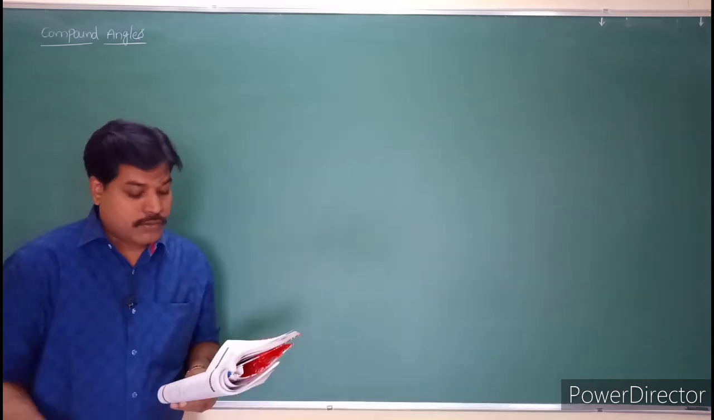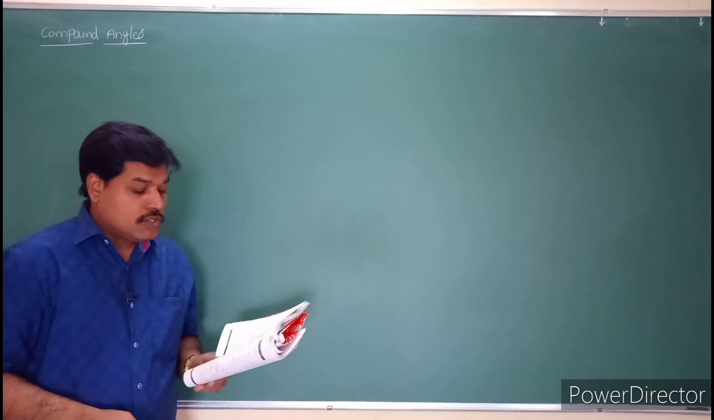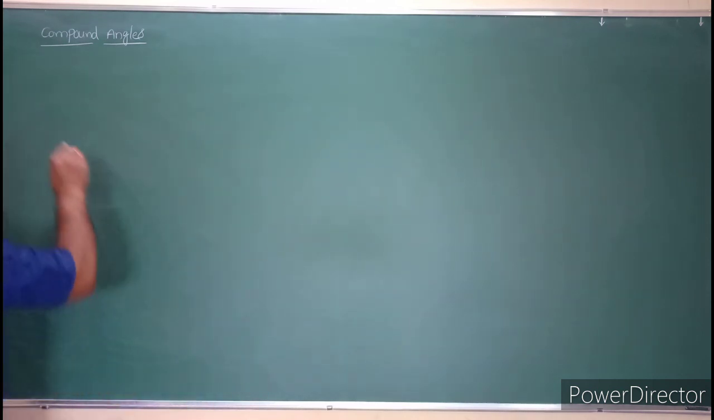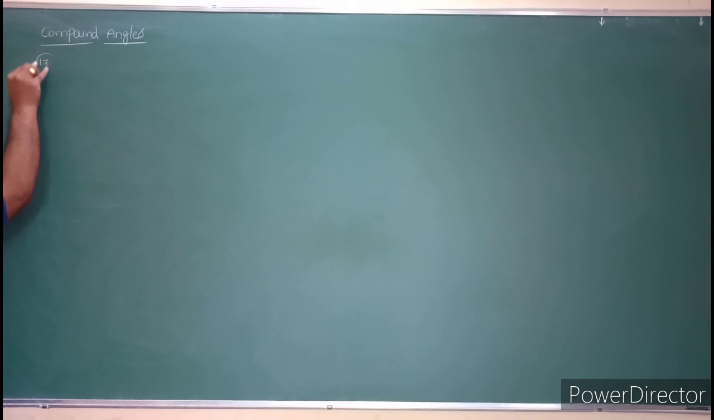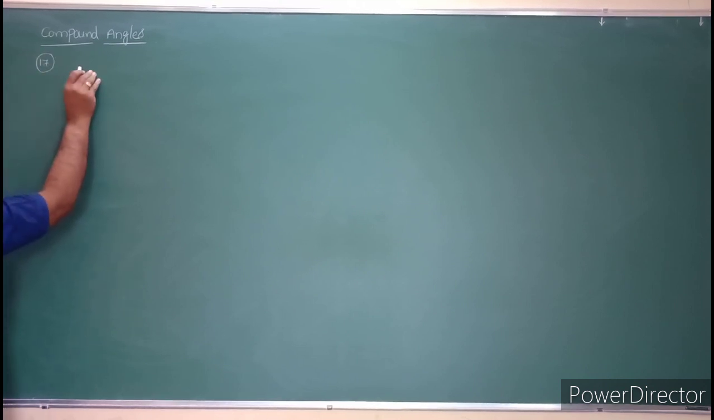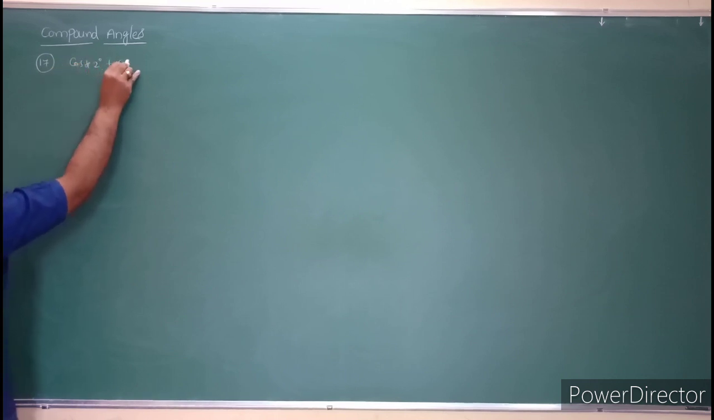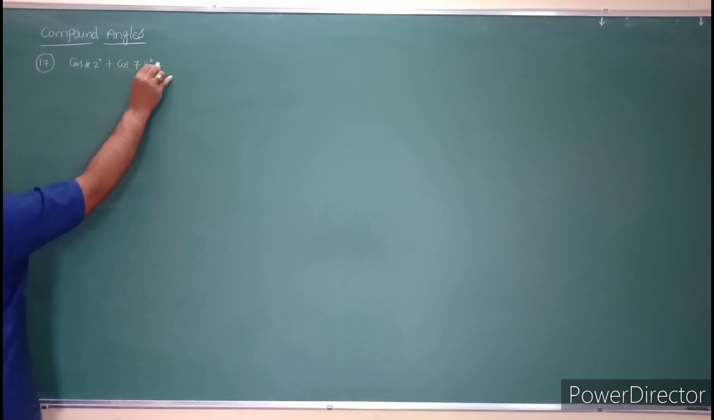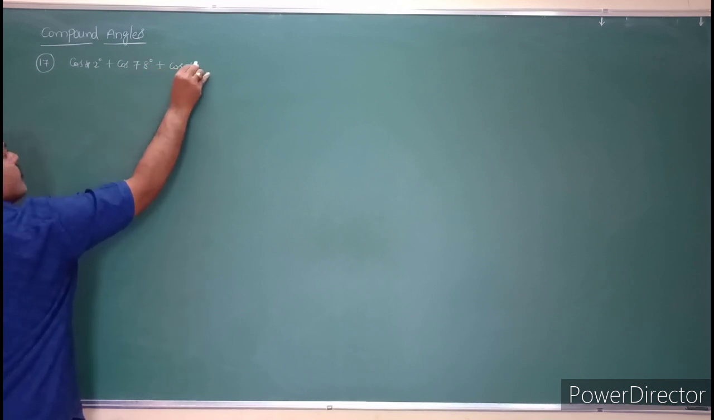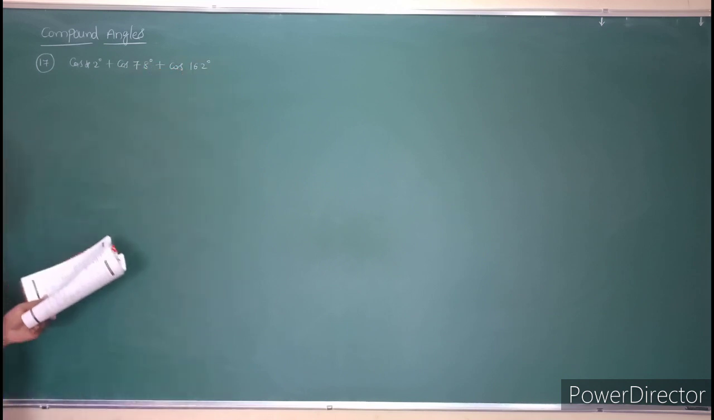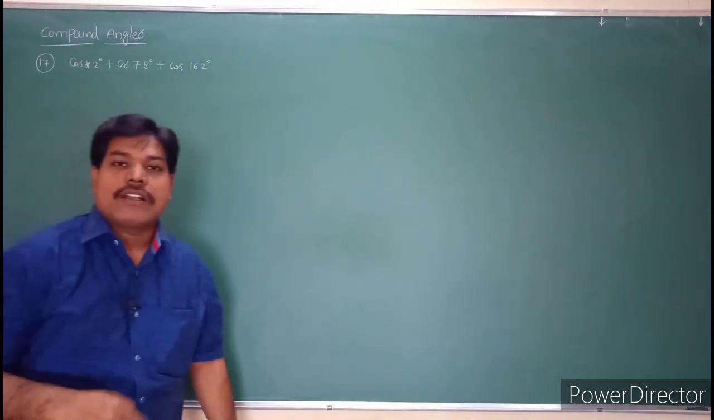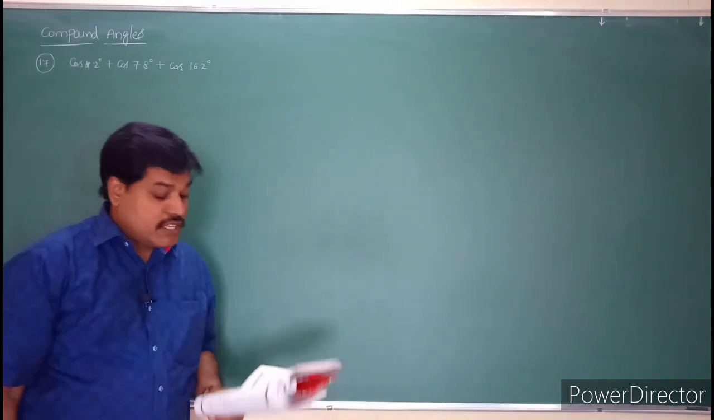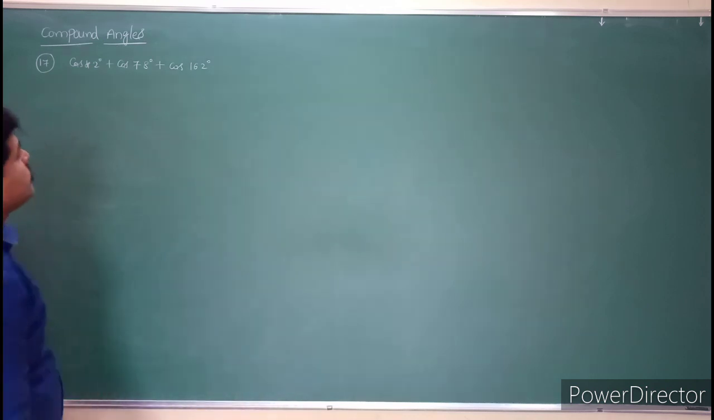So see the next one. See the next formula, students. See question number 17. What is question number 17? Cos 42 degrees plus cos of 78 degrees plus cos of 162 degrees. So see this question, students, how to solve this question here. So what we will do is,